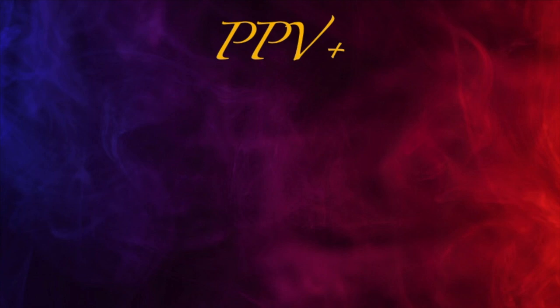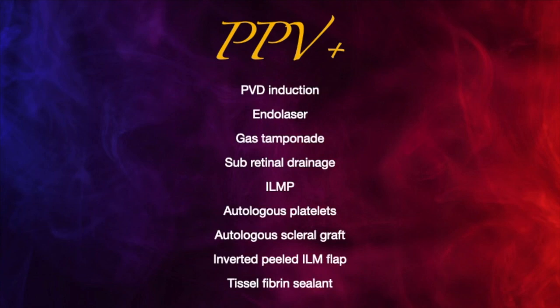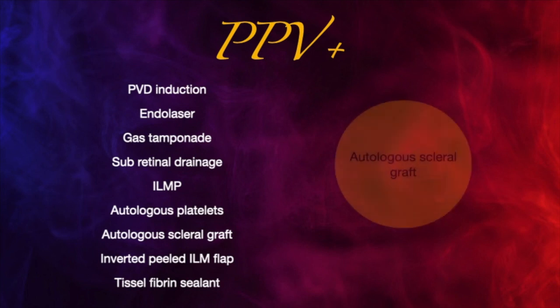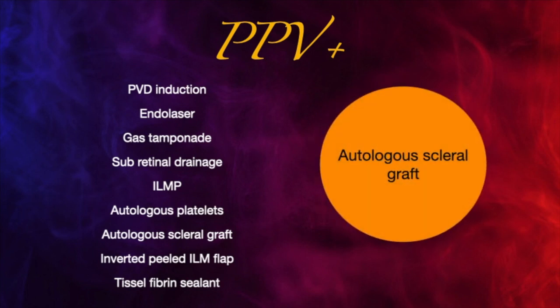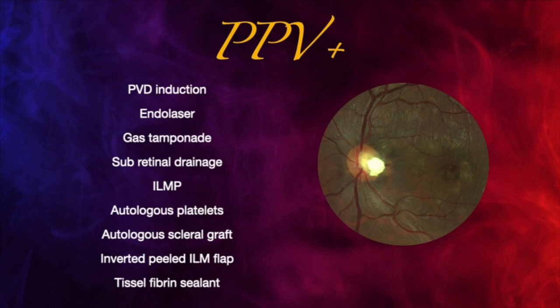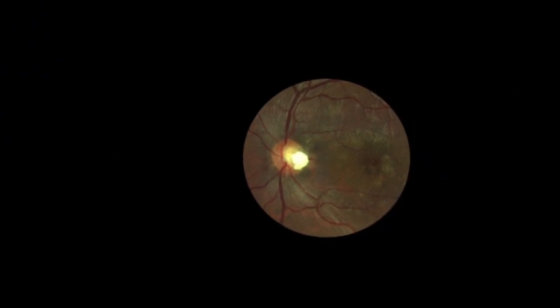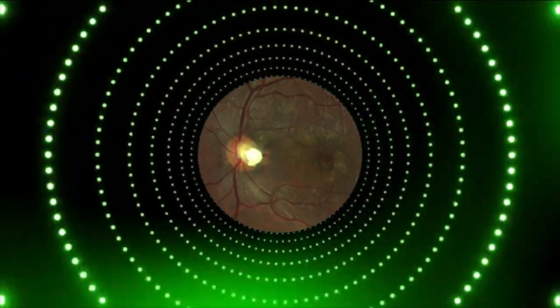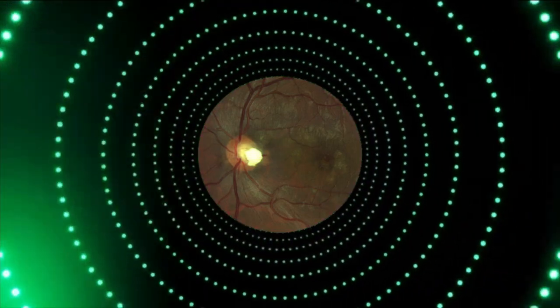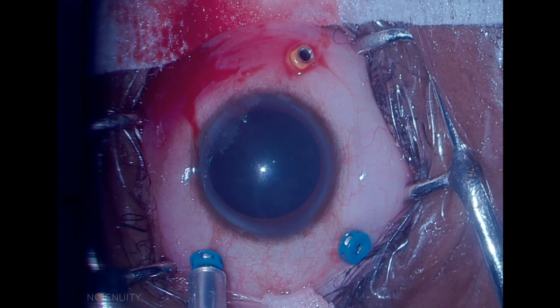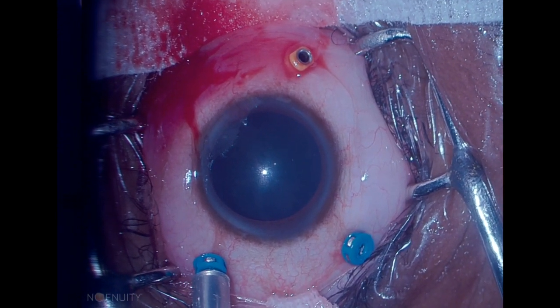There are reports of visual improvement using one or more additional procedures, and in our patients we use autologous scleral graft to seal the optic disc pit during surgery to prevent passage of fluid into the intra and subretinal spaces. And so this scleral graft is the hip hopper we are talking about, and in this video we will see why it is so.